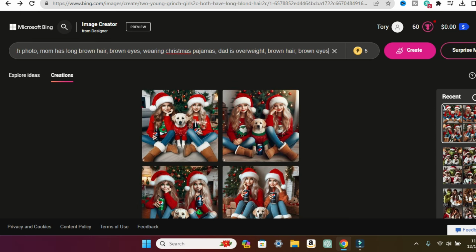And maybe we need to put in Grinch mom has long brown hair, and let's do Grinch dad. Grinch dad is overweight, brown hair, brown eyes, and then wearing Christmas pajamas, and then 2